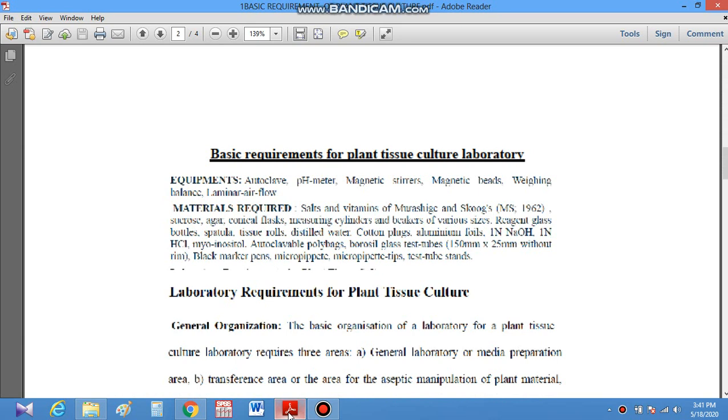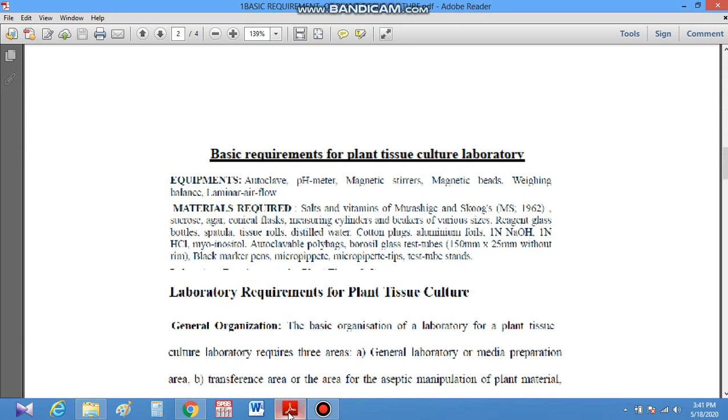First we should know what plant tissue culture is. When we talk about plants, plant tissue culture is the common term used for in vitro culture of plant cells, tissues and organs. In vitro means artificial condition. Whatever a plant requires in nature, like soil, water, mineral elements, light and other things, in a similar way we provide these things to the plant material in vitro, that is, in artificial conditions in laboratory conditions.